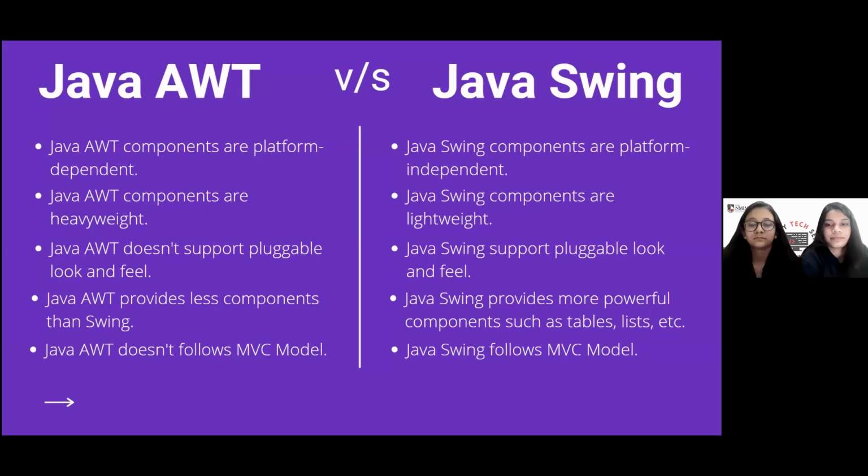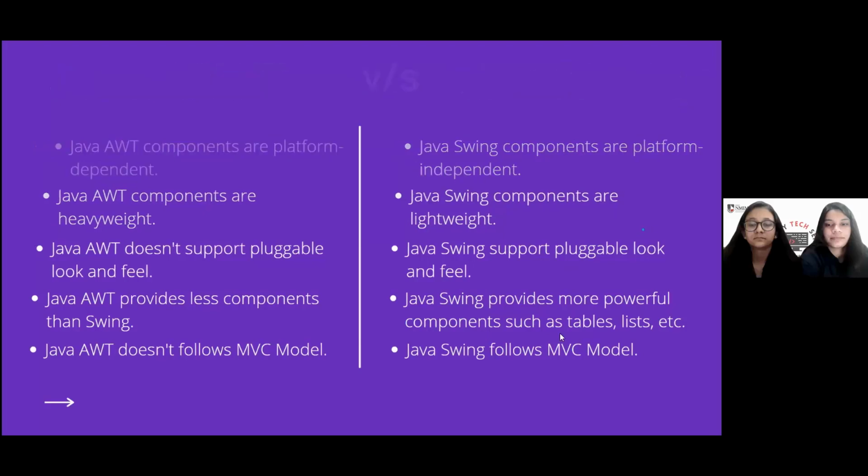Anushka, after listening to the types of APIs, what do you think would be more comfortable to use in a game, Swing or AWT? We should definitely use Swing as it is platform independent, which means that once you write a code in Java, you can run the same code on any platform, any operating system, be it Windows, Linux, Mac OS, or even Android. But before we start to learn Swing, we have another poll for you.